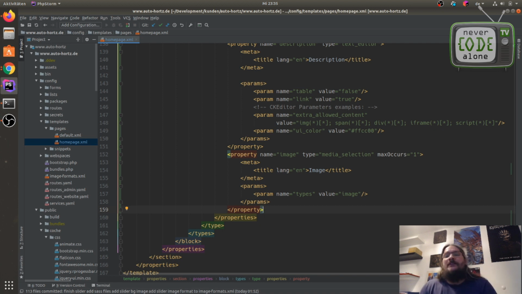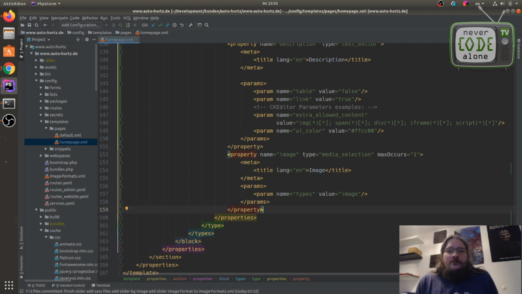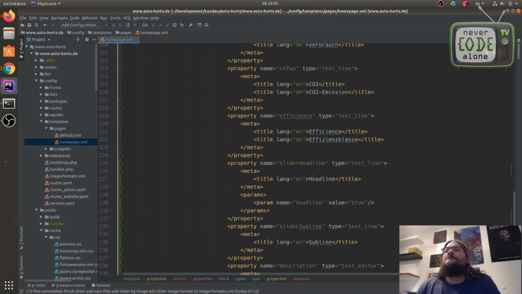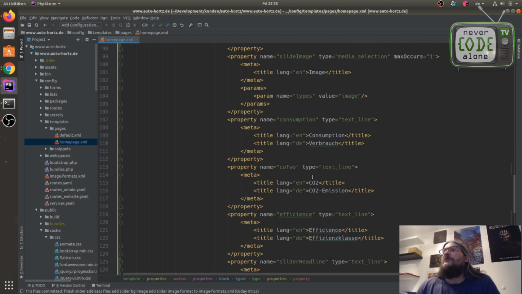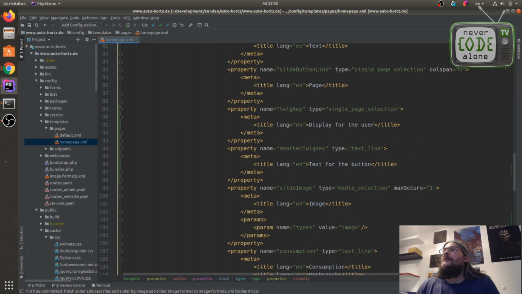But stay here, because there is a much cooler feature I will show you right now. If you want, you can make much more complex live templates. As you see here, we have the single page selection.